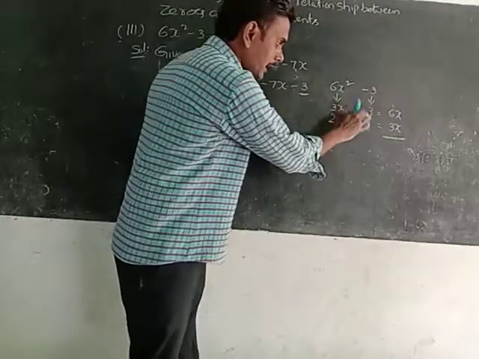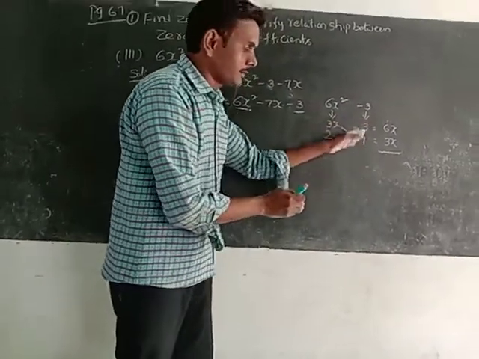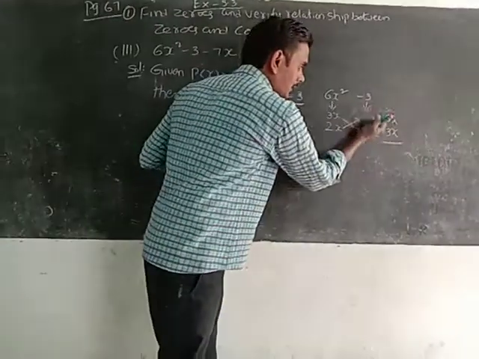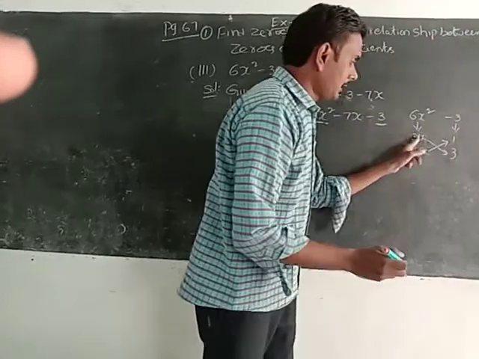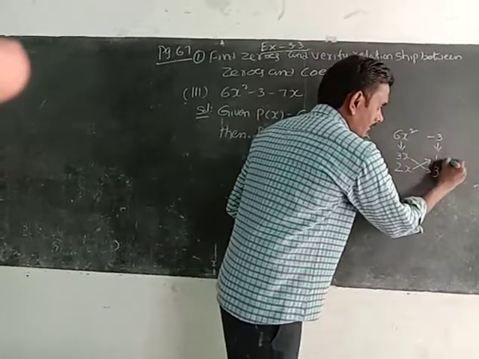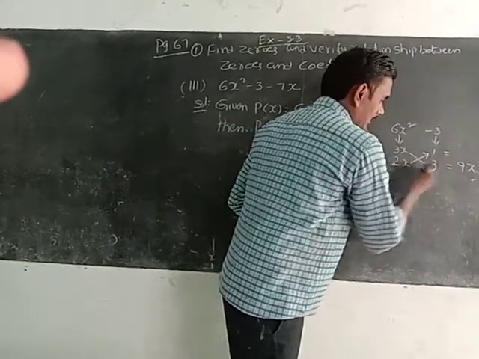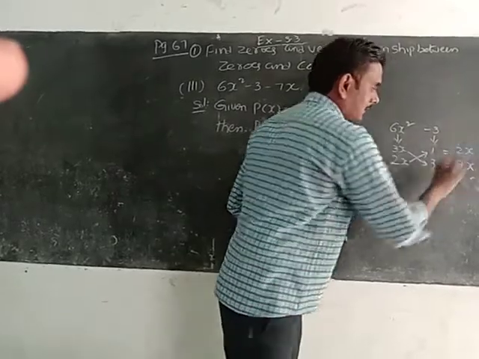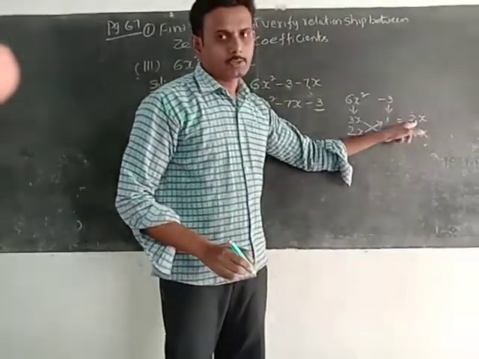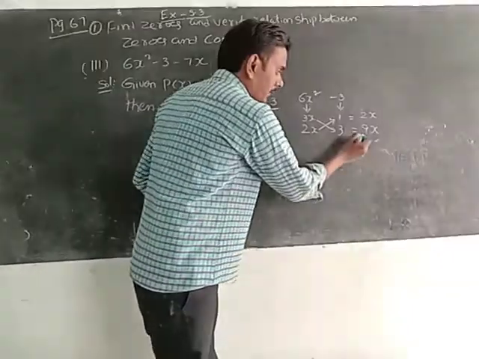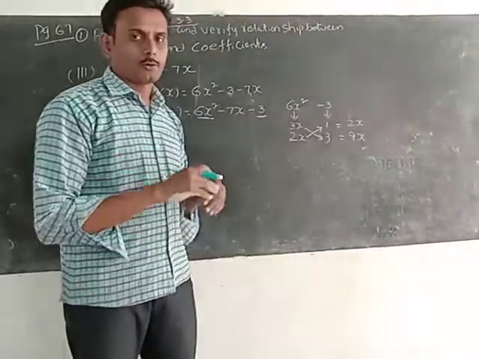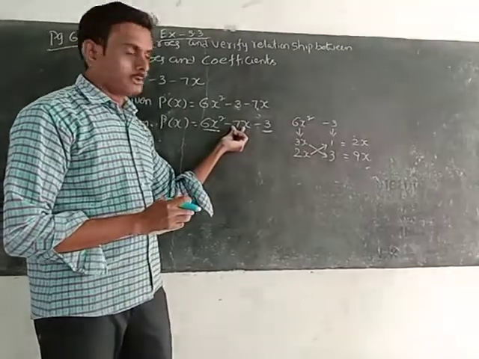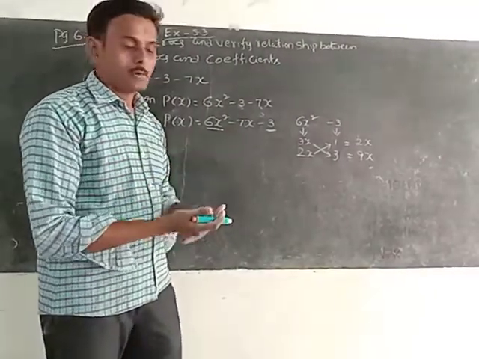No. So change the order. If these two are changed as we wish, I want to change these two. 3 times 3 is 9x, 2 times 1 is 2x. By subtracting we will get 7x. But which one should be minus, either this one or this one? I want to decide. Here the result is minus. If you want to get a minus result, the big number should be minus.